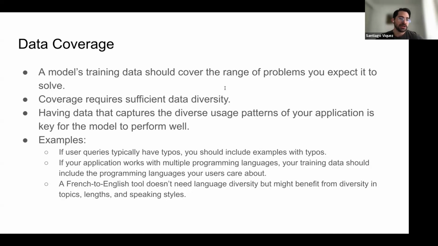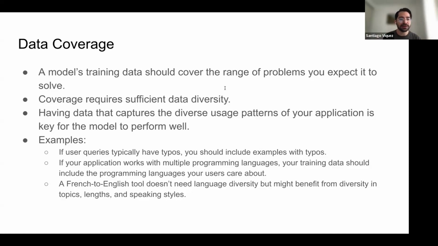Also with data, if you want to always continue improving your model, you have an initial data set, right? You try to have high quality, high coverage on the topics that you think users will care about. Then you put your model into production and you start finding some holes in your model.